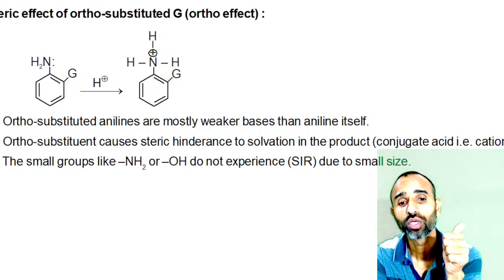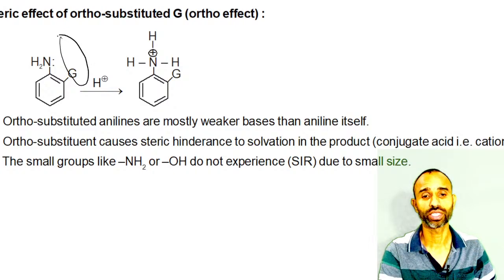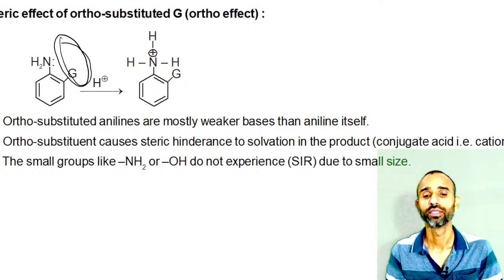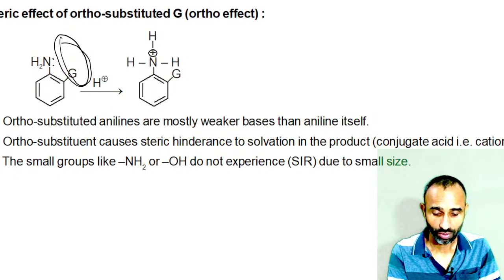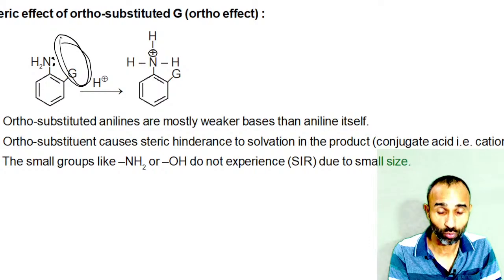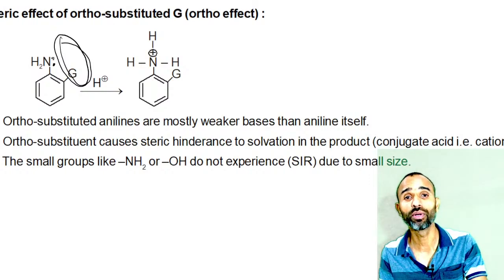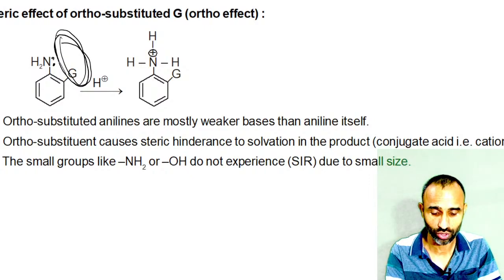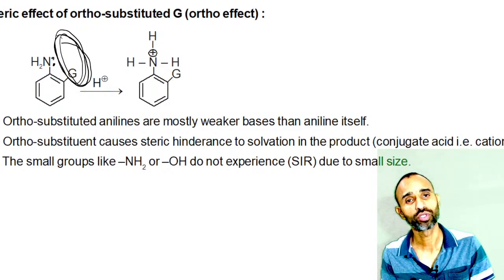Why is it so? Because the bulkier group will cause steric hindrance, and therefore the group cannot reach that point. Ortho substituted, that causes hindrance due to size, and because any group which approaches nitrogen can accept its electron and then it is able to donate it. But if a bulkier group is attached at the ortho position, then due to steric hindrance it will not donate the electrons